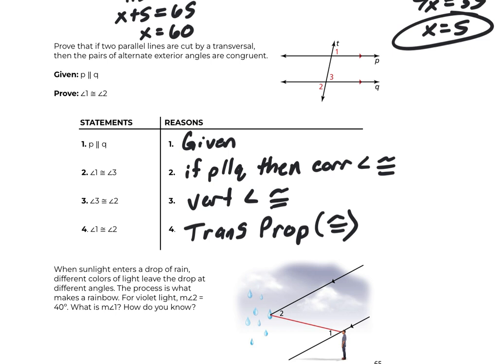Okay, and so the reason we can't use alternate exterior angles is because that's what we're trying to prove. If we see a plane in the sky, I say, there's a plane. I know that's a plane because it's a plane, right? Well, if somebody didn't know what a plane was, they wouldn't be able to describe it, right? And so we can't use something to prove something that we don't know anything about. So if I say prove the alternate exterior angles are congruent, we can't use alternate exteriors to prove alternate exterior